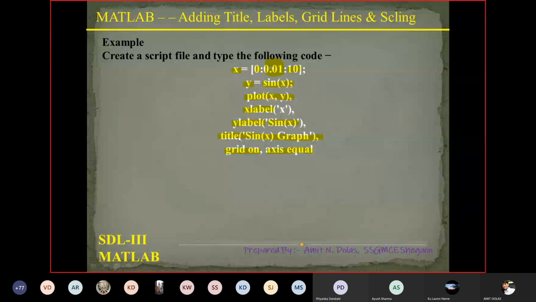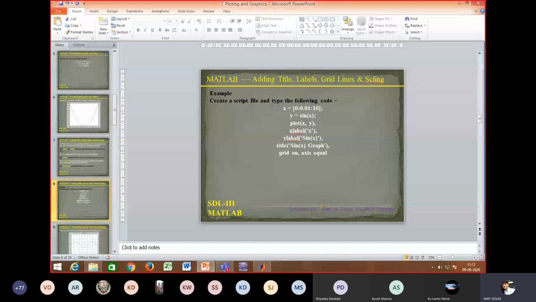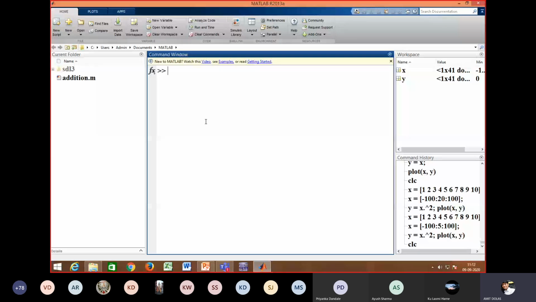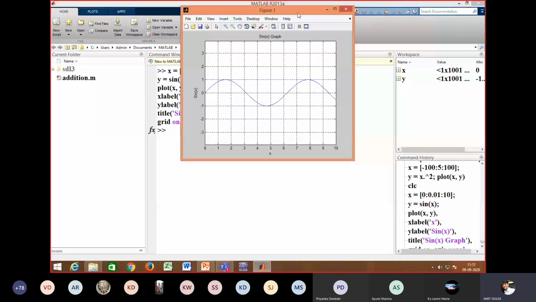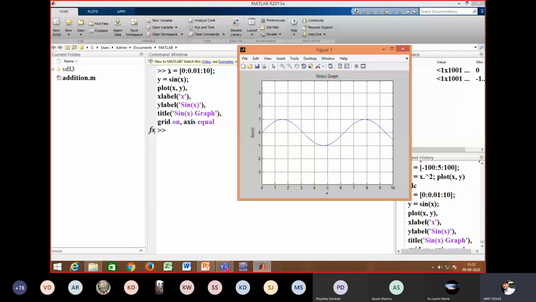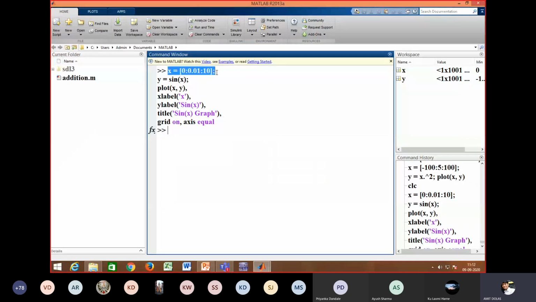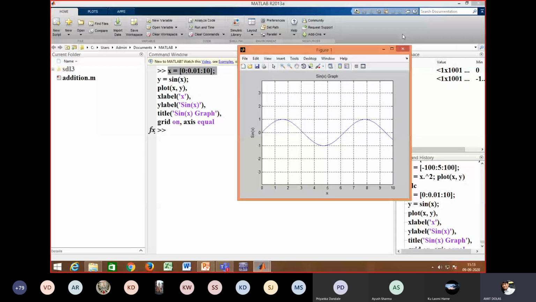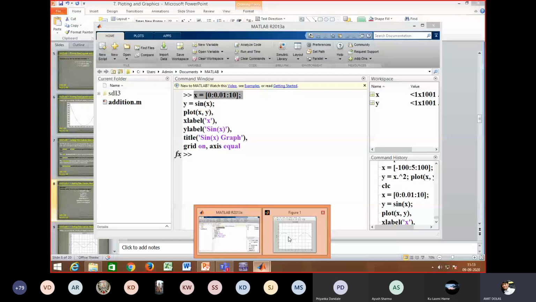So coming to MATLAB, we'll run this code. You can see whatever functions we have discussed, the x-axis is 0 to 10.